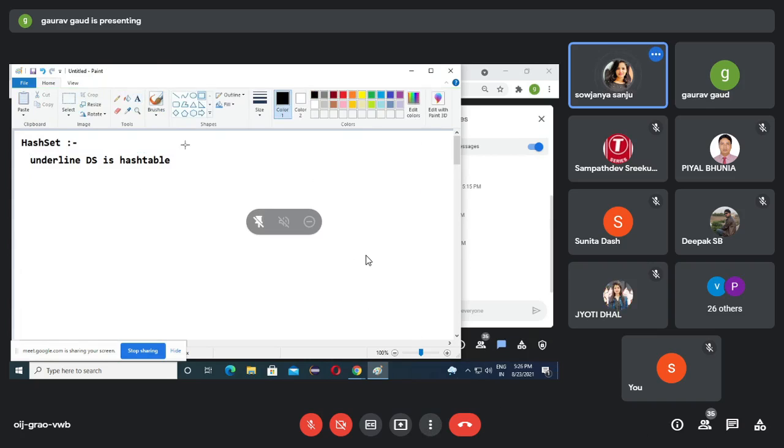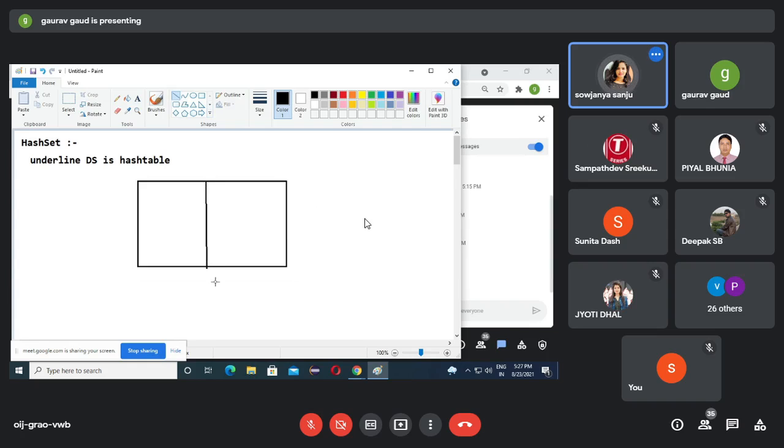So assume, pay attention. Let's assume this is a table. This table has how many columns? Two columns.